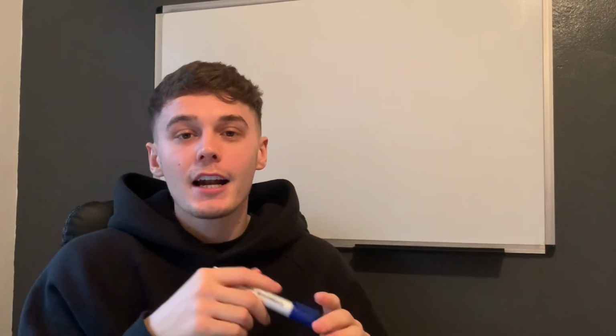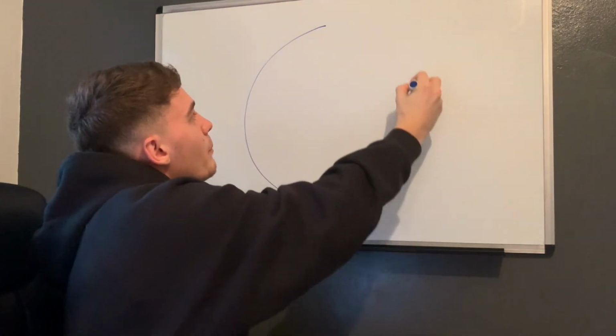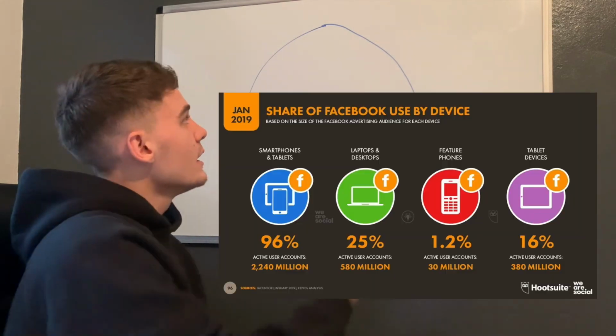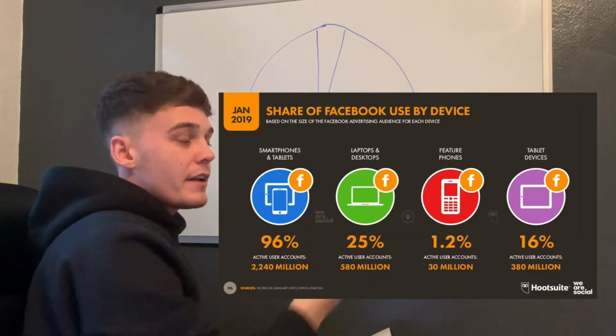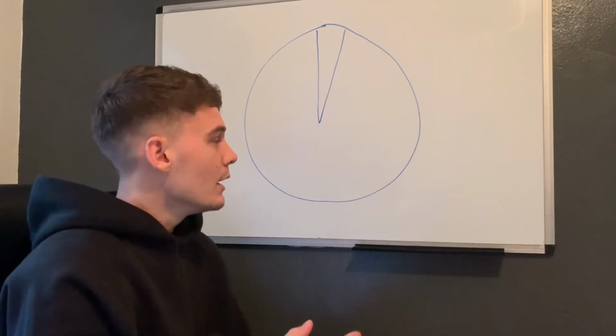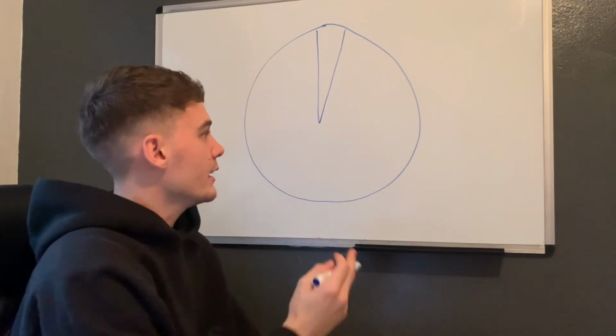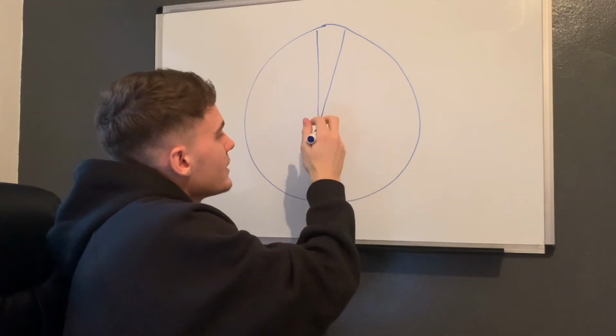So one thing that I haven't seen many people cover on this topic is how big of the Facebook audience pie is going to be actually affected by iOS 14. So I'm just going to draw a quick pie chart of the overall Facebook users from the different devices to see how big of a problem this could potentially be. So 96% of Facebook users use Facebook on a mobile device. That could be Android or Apple. And Apple have a 45% market share in the smartphone market. So of this 96%,